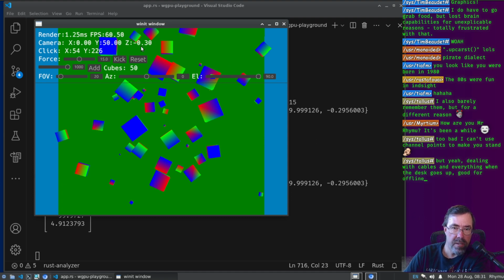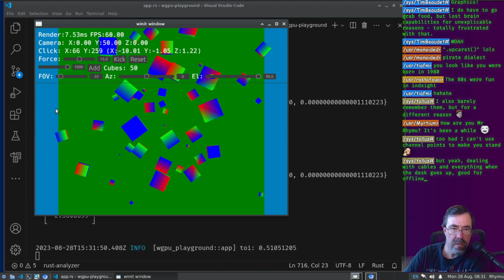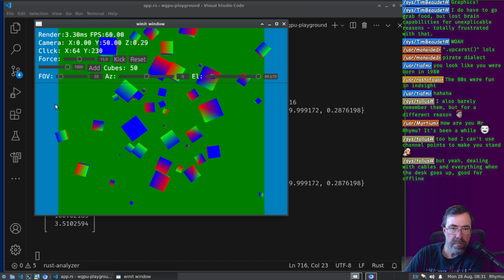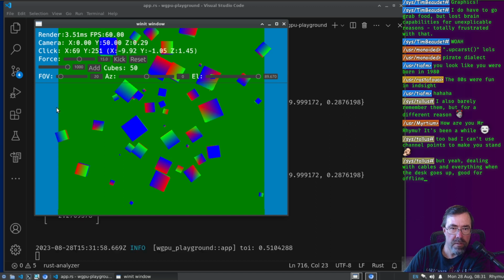I'm calculating the camera position wrong somehow. Okay, now it's exactly 0. So it was not exactly at 90. Still though, we shouldn't hit anything right there. It's hitting at z of 1.5 even though I clicked at a y coordinate of